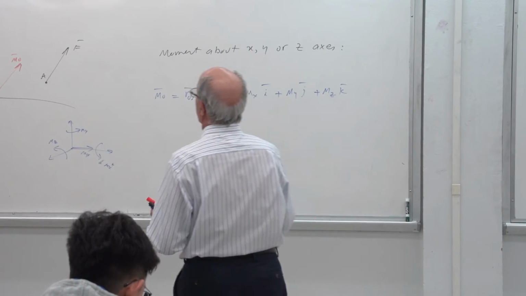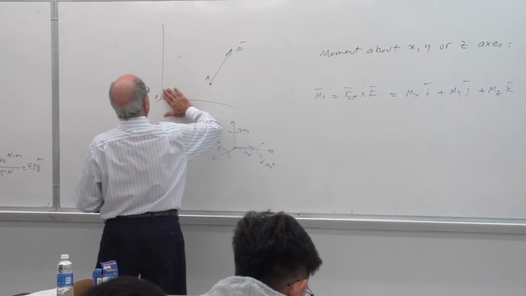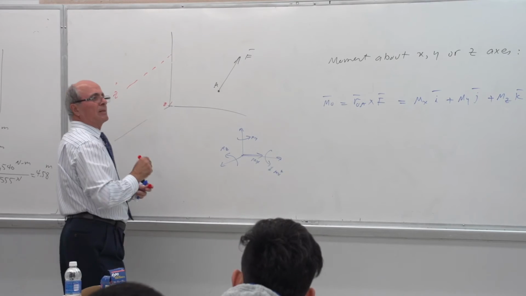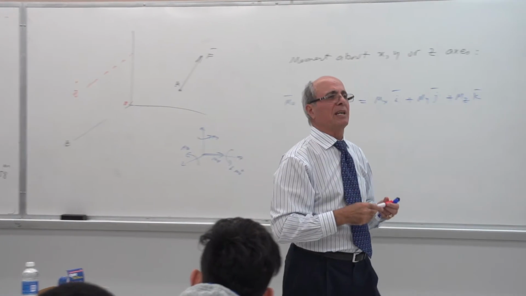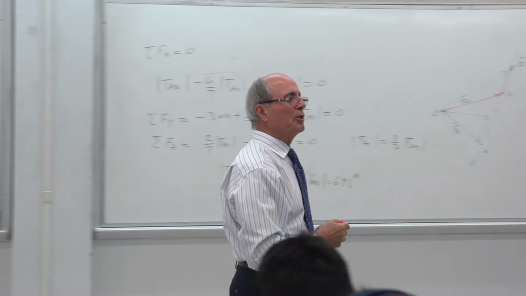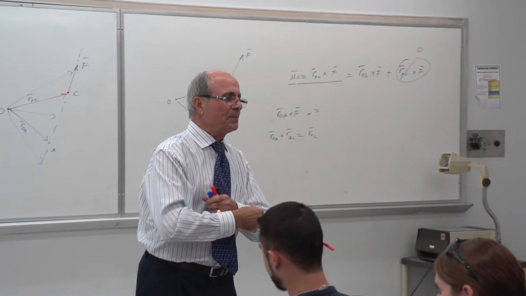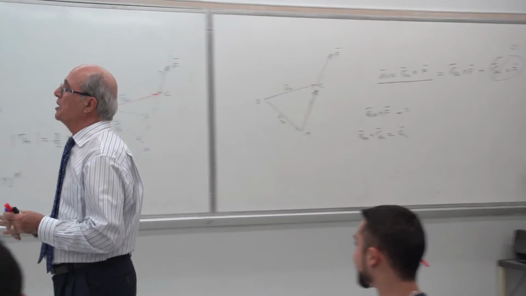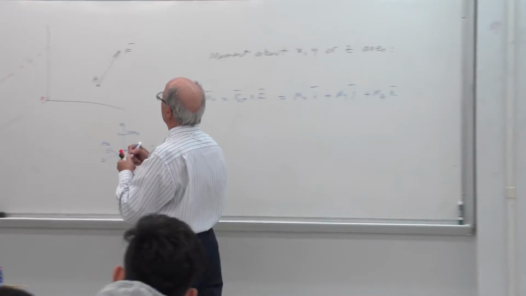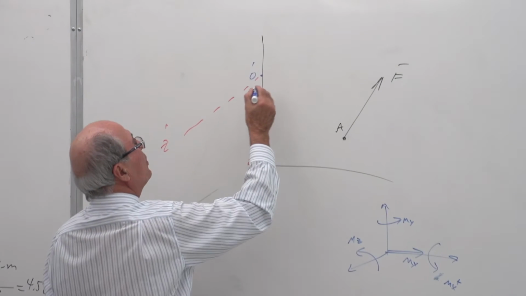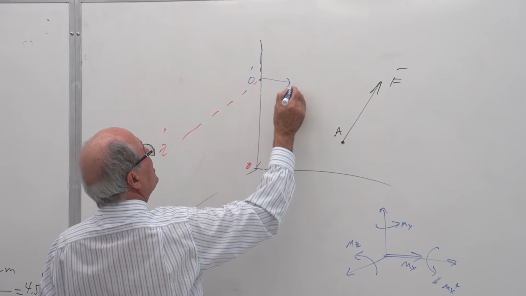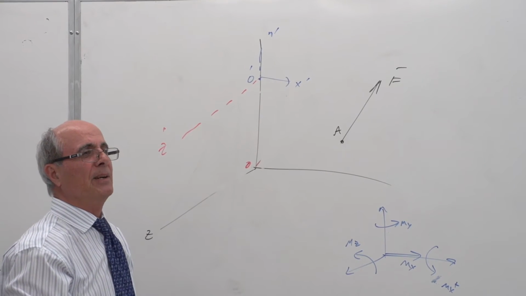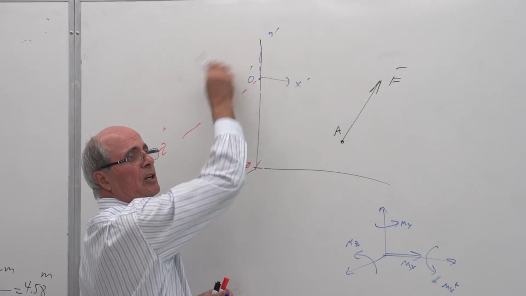Yes? Now, somebody comes and asks you to find a moment about the z prime axis. Then what should I do? I explained that one last time, and I don't know whether you grabbed it or not. Can I take the moment of that force F about point O prime and put for myself a set of axes x prime, y prime, and z prime there? Yes or no? So the vector goes there and has three components there.